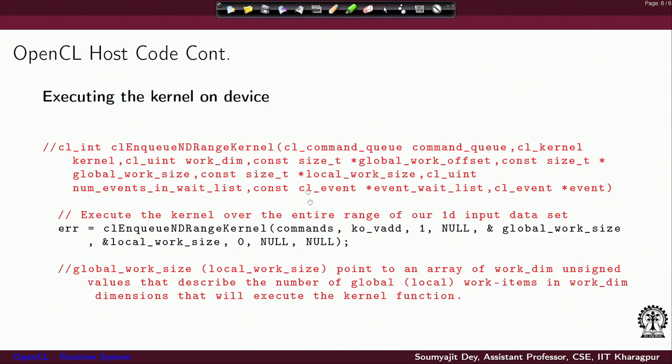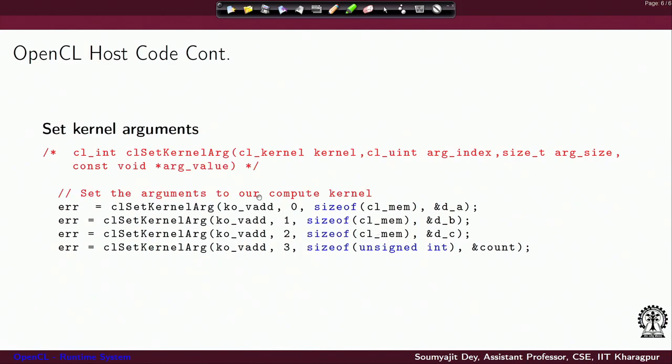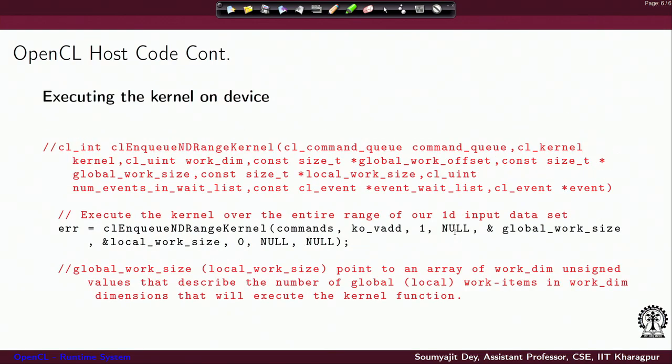The specification of this kernel is that it is going to read its input arguments, because we have already provided it the arguments, so it knows the locations from where it is going to read, and by the definition of the kernel it is going to write back in the DC memory buffer.